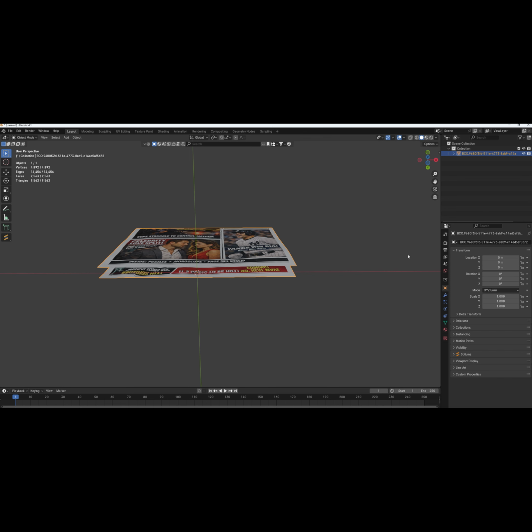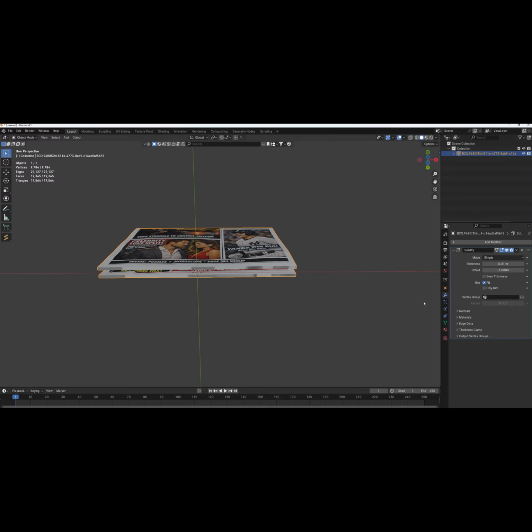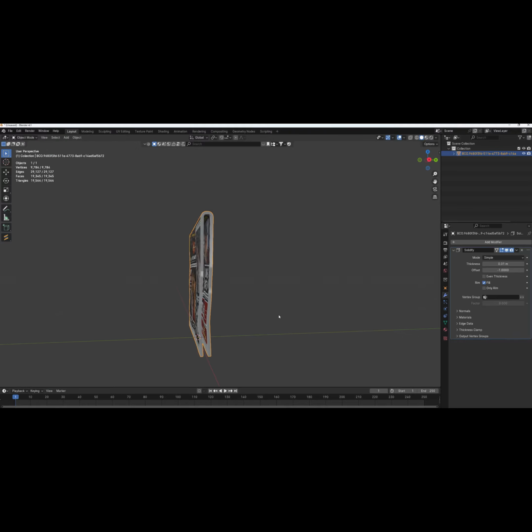to the right hand toolbar panel, and we're going to click the modifiers button, which looks like a little wrench. So we're going to click this little blue wrench, and we're going to add a modifier. Click that and then come down to generate and solidify. Click solidify, and now we see that it has solidified our mesh, but there's still too big of a space